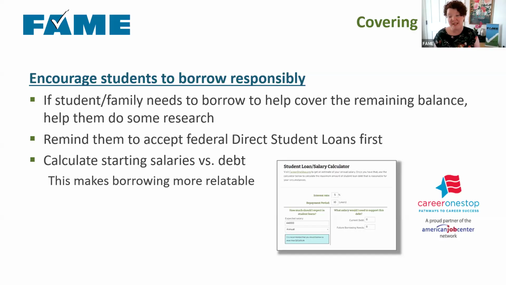Another website that I really like is Career One Stop. That's a great place to find salaries. If a student is saying, well, I really want to be a mortician, you can look up what morticians in Maine are getting paid. The Department of Labor gives out that information to Career One Stop, and they've built this so you can see what the starting salary would be for a mortician. They have the low end, the median, and the high. That low end is typically your starting salary. So use this so that students can be smart about covering the rest if they are going to borrow more.